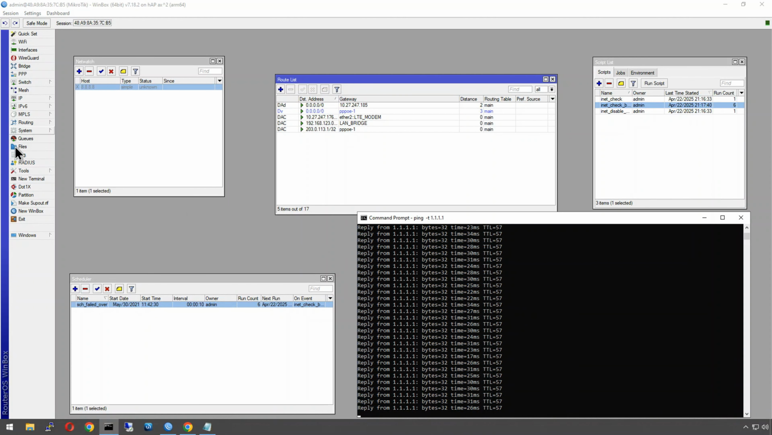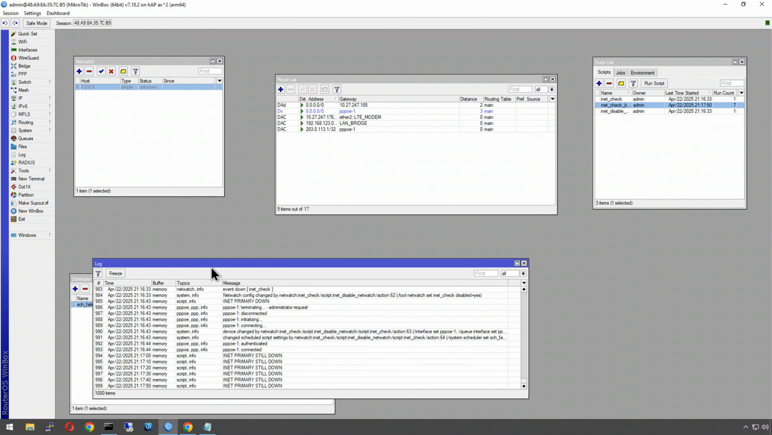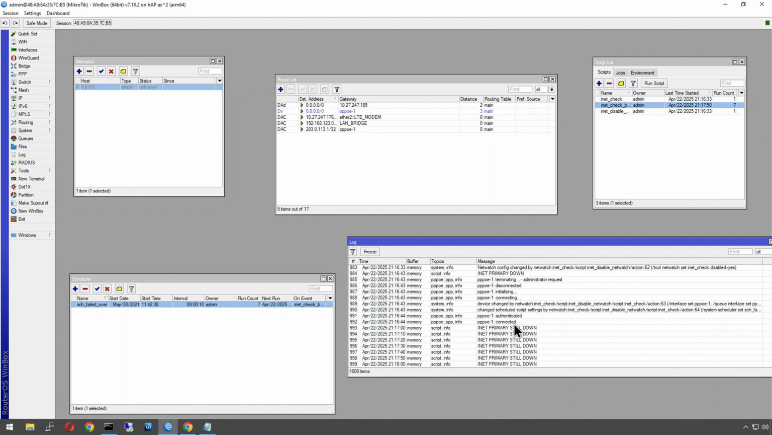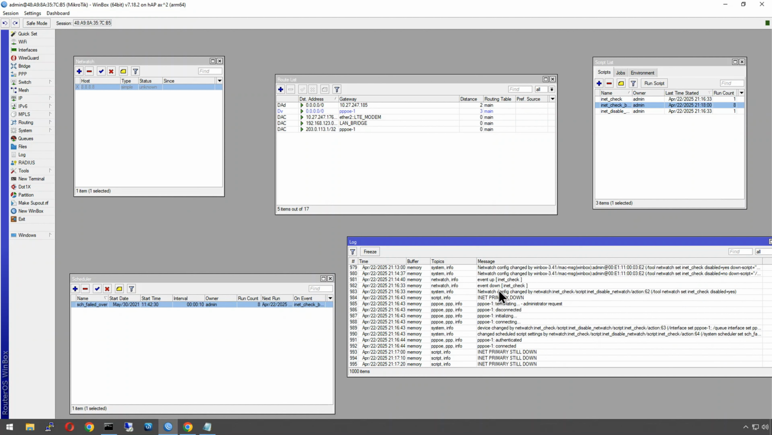Should also say we get our logs open here, and this is what I was saying, where it's continuously going to keep logging this. So if we're down for a period of time, our logs are going to fill up quite quickly with just this. As you can see, this is what happened. If I just freeze that,